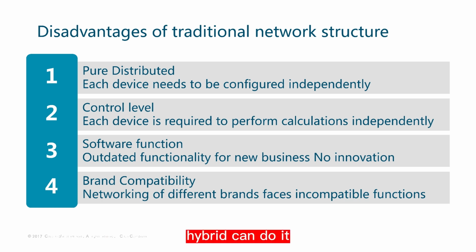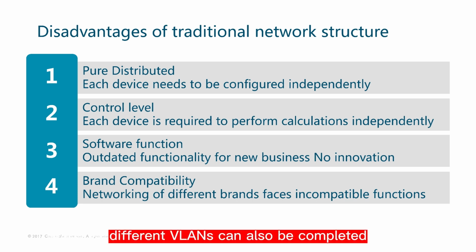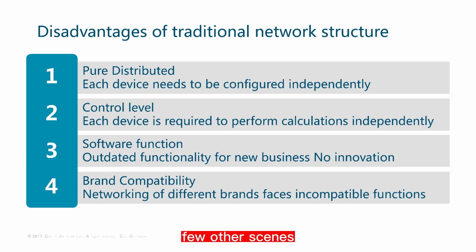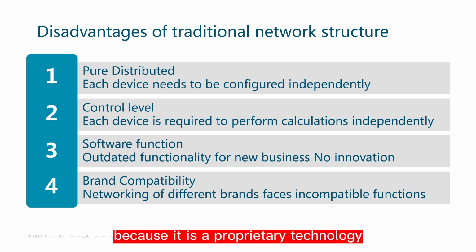Hybrid can do it. Layer 2 communication between different VLANs can also be completed. It is equivalent to a strategy. But hybrid will only be used in Huawei, for example, voice VLAN. Few other scenes. These techniques are good, but because it is a proprietary technology,